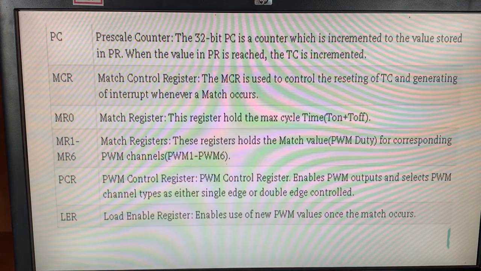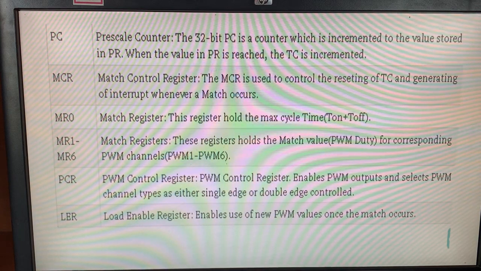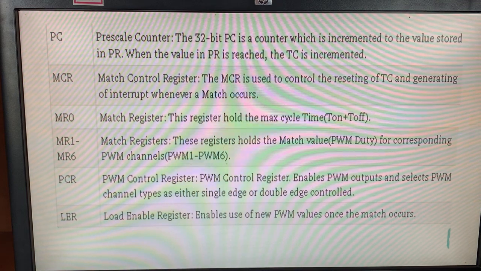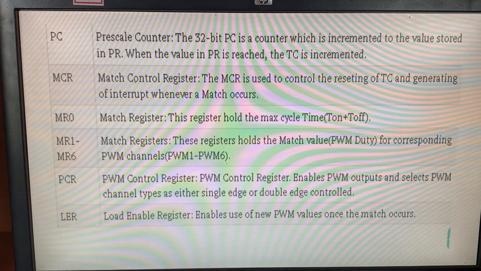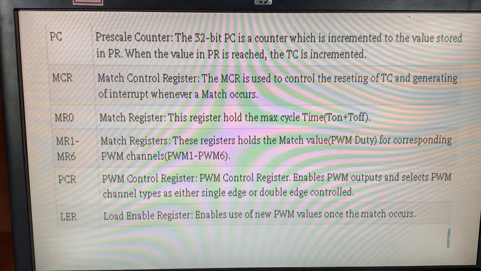Next one is MCR, the match control register. Keep in mind, the match control register is used to control the resetting of TC, the timer counter, and generating an interrupt whenever a match occurs, because we have to predefine some values to be matched, and only then does it come out of the loop.